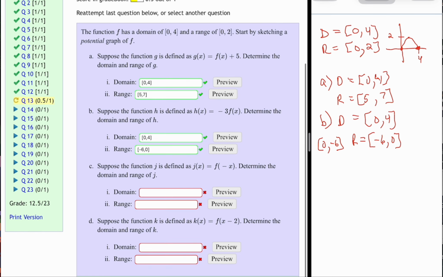Now, the next two are going to affect our domain. So C says, we have this function j of x, and j of x is equal to f of negative x. So this time we're multiplying the x's by negative 1. Think about if we took our original domain and multiplied it by negative 1. We would get 0, negative 4. But that's not in the correct least to greatest order. Put it in the correct least to greatest order. That's our domain. Nothing has changed our range. It's still 0 to 2. So let's go ahead and put that in. So it'd be negative 4 to 0,